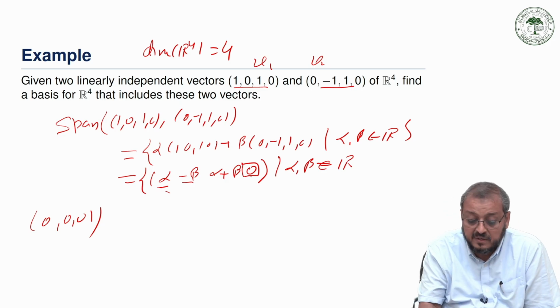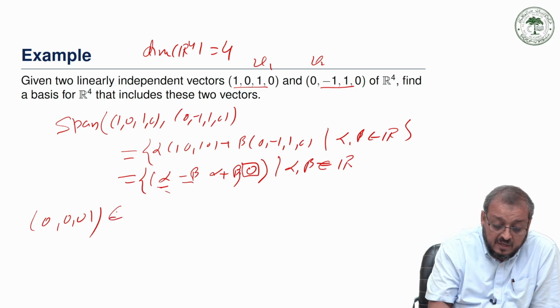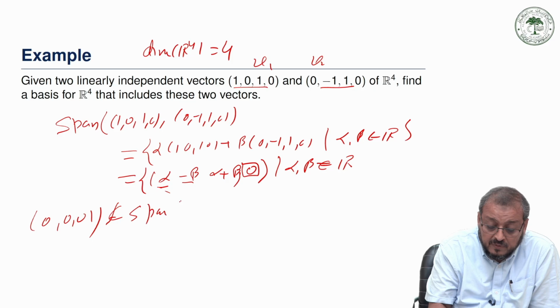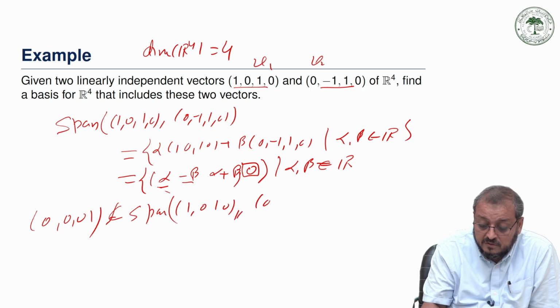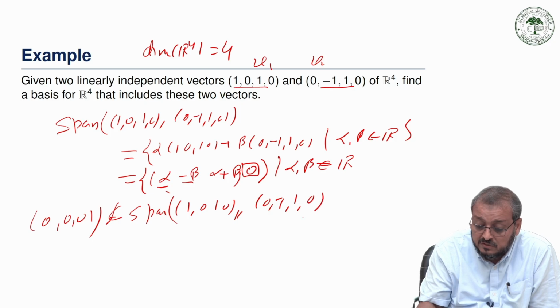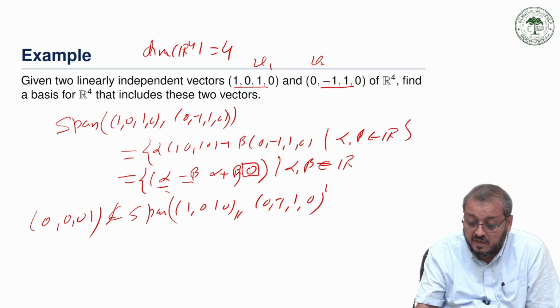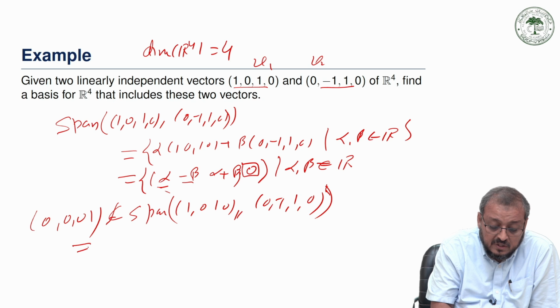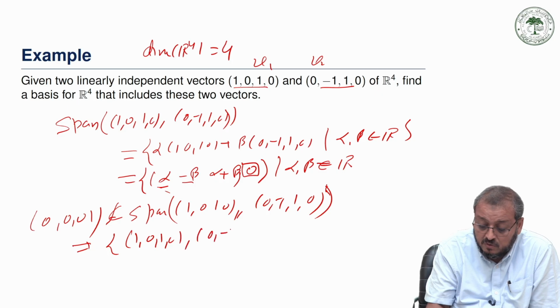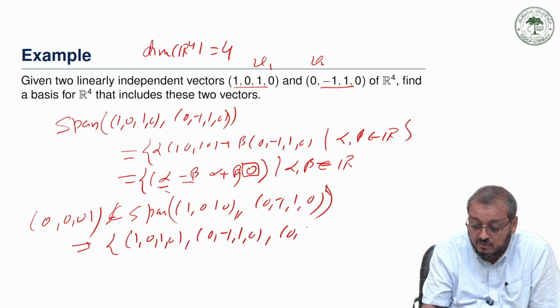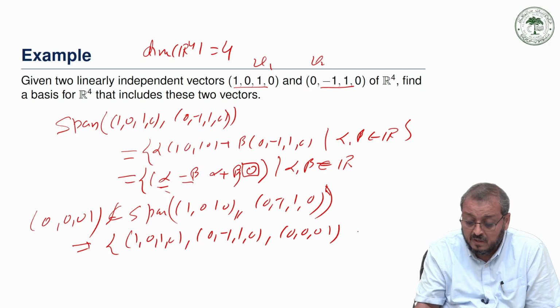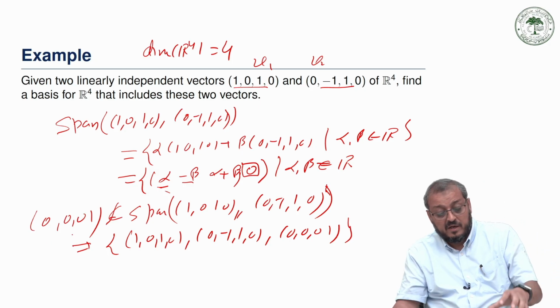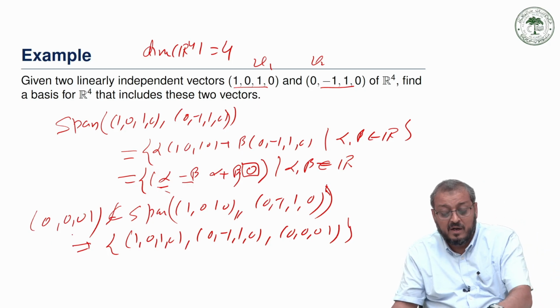it's a non-zero element in the last position, so this clearly does not belong to the span of 1 0 1 0 and 0 minus 1 1 0. That means we can extend the set in this form: 1 0 1 0, then 0 minus 1 1 0, and then 0 0 0 1. Clearly this set is again linearly independent,